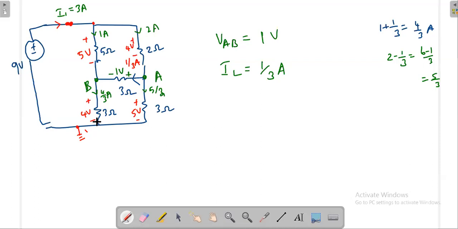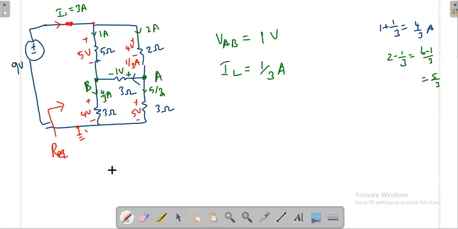That idea you should have. Now, what is the R equivalent? I am having some voltage, and finally it is drawing some total current, because this is like a network for me. For this network, I have connected one voltage source. Ultimately, this is drawing 3 amperes of current. What should be the R equivalent?